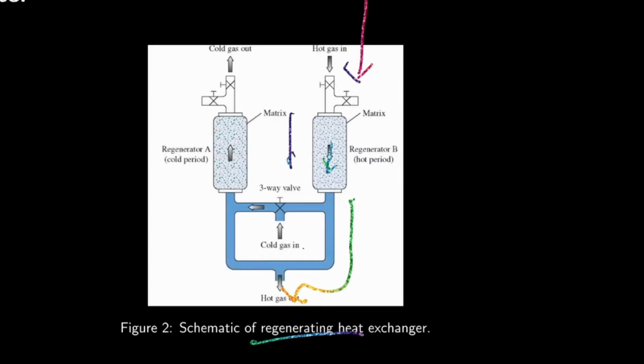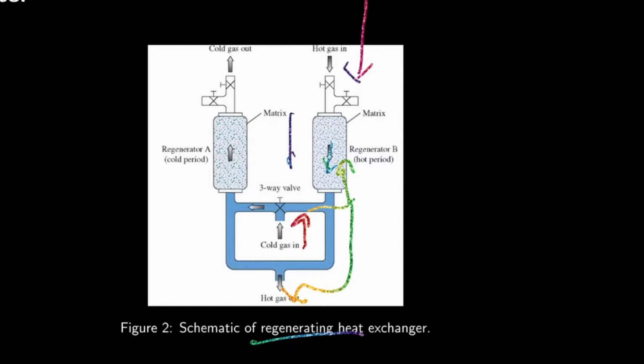Then the operation is run in a different way. Cold gas comes from the other side and is passed through the solid bed. The bed is at a higher temperature, so it transfers its energy to the cold gas. So in the first step, the solid material is heated by the hot gas, and in the second step, the thermal energy is transferred to the cold gas from the hot solids.